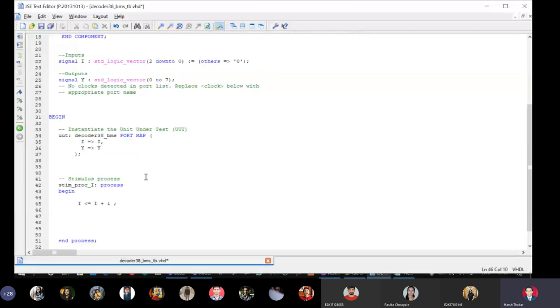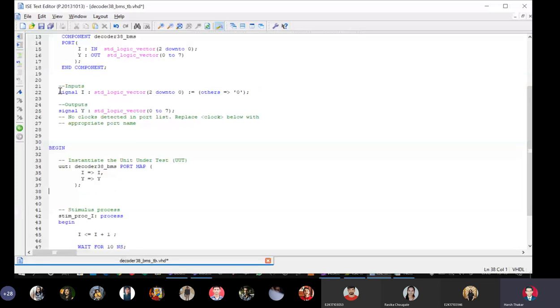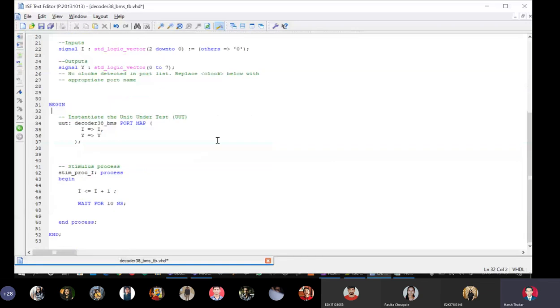So I'm writing I is assigned I plus 1, and I will say that you have to increment it every 10 nanoseconds. Okay, so I'm writing a logic for incrementing the input I every 10 nanoseconds. And what is the initial value of I? The initial value of I has been set here to 0, 0, 0. Okay, so intentionally I will not do something here, but I will show after the test bench is run. Okay, so just wait. So I think my logic for generating input test vectors from 000 to 111 is over.